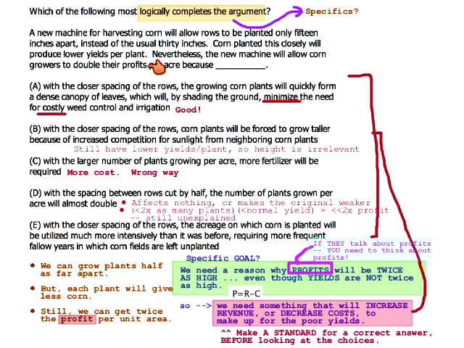If this was only about plants and yields and stuff like that, then the answers would only talk about plants and yields, and this statement would only talk about plants and yields. So if you're talking about plants and yields and then suddenly they hit you with profit, then you should absolutely 100% know that you are going to have to bring in something new that has to do with profit. Because they do not trick people. There are zero trick questions on this ever. It does not happen. So if you have something that looks like a change of subject, it's a change of subject, and you should look for an answer choice accordingly.